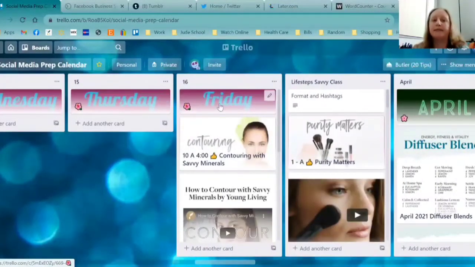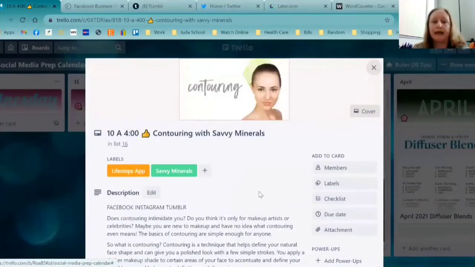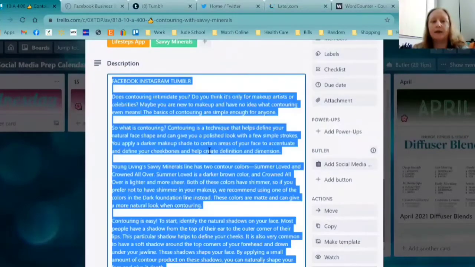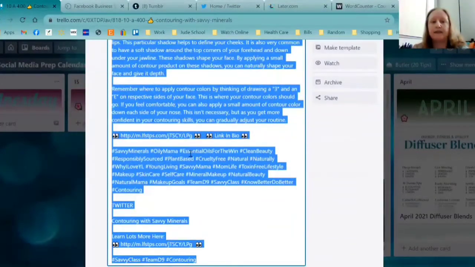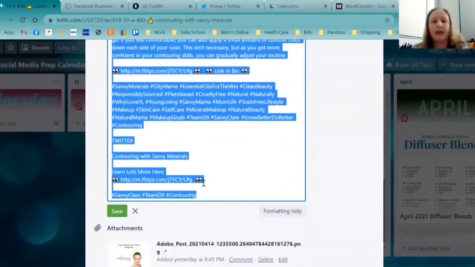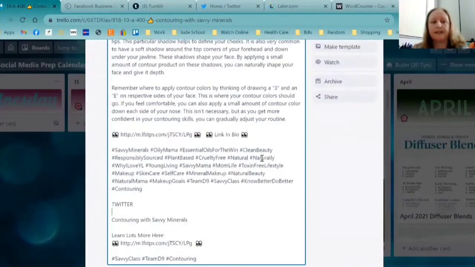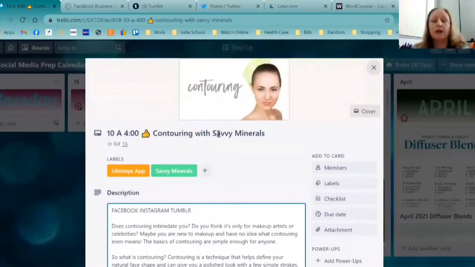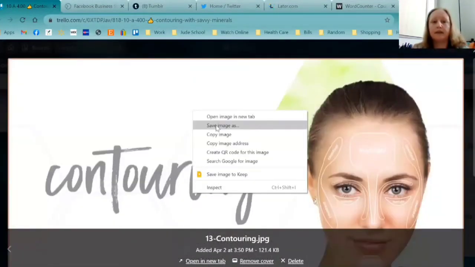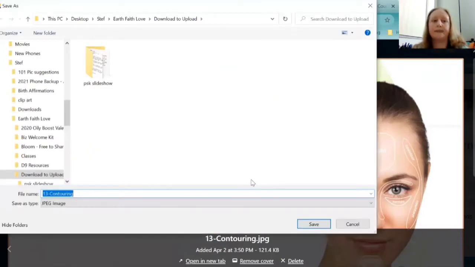So when it comes to the day, today's Thursday, I'm scheduling Friday's posts today. I try to get ahead, but right now I'm not ahead of myself. So this post has everything already edited so that I know it's going to fit in Instagram, or I think it's going to fit in Instagram. And I have different formats for different platforms. So I copy my pictures and I'm just going through scheduling my posts for tomorrow. This is what I do every day.